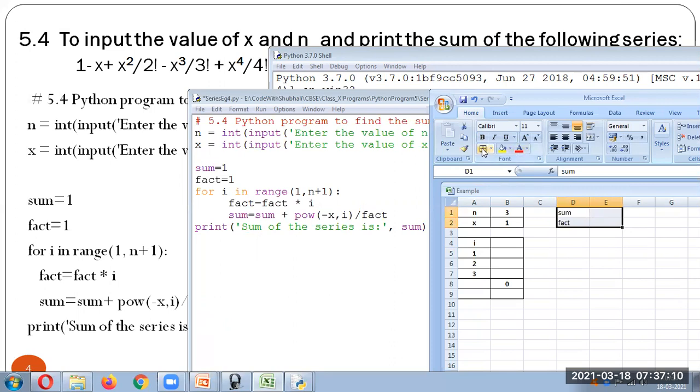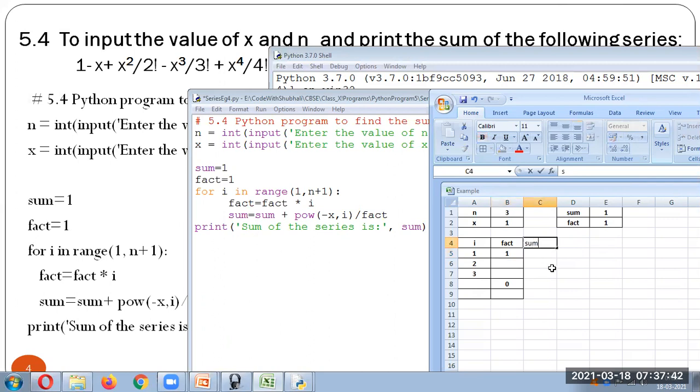Both are 1. So here, what is happening? i's value initially is 1. We have calculated the factorial first, so factorial will be what? I'm just putting it here so that it will be easy for you. In that case, factorial of 1 is 1. And then you have to calculate the sum.